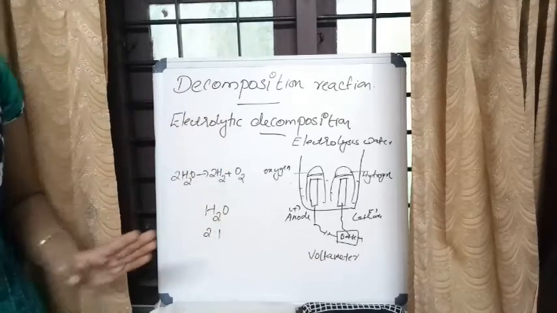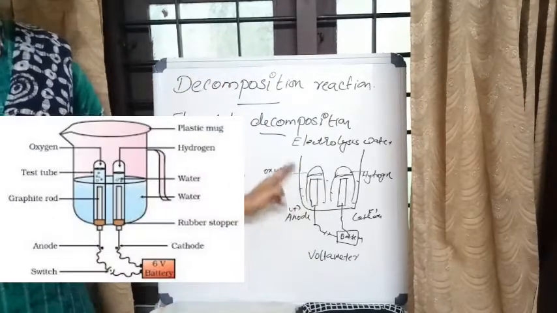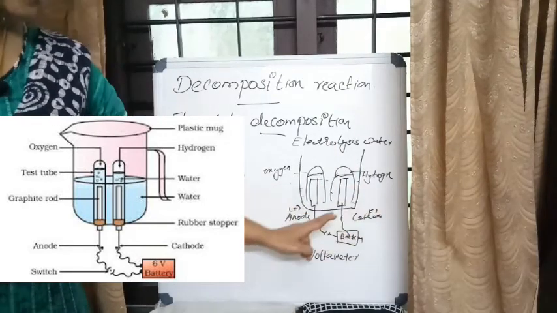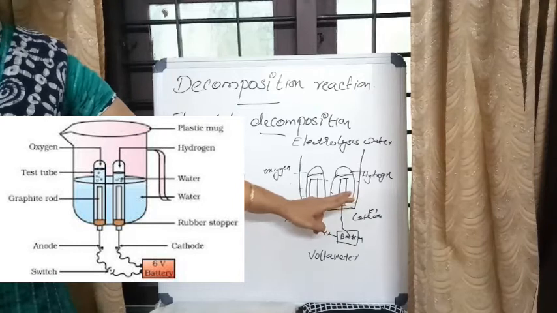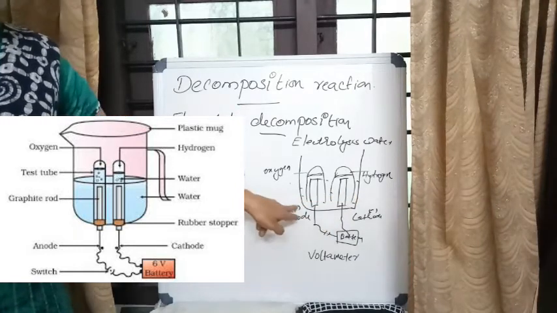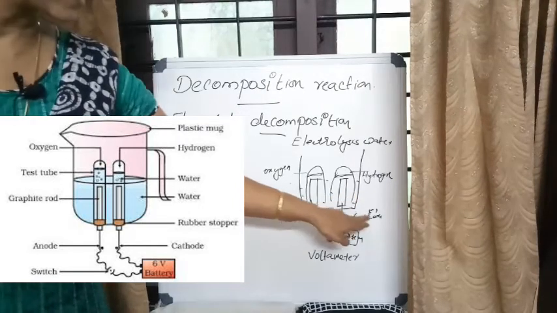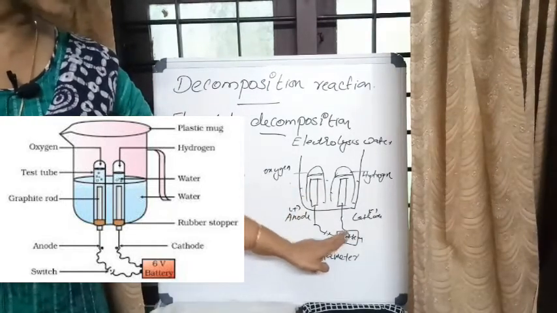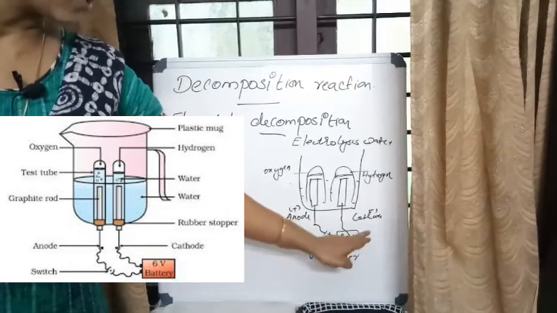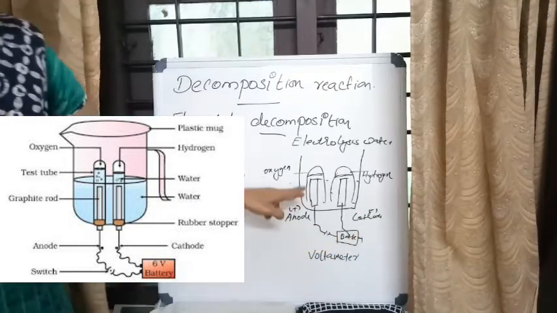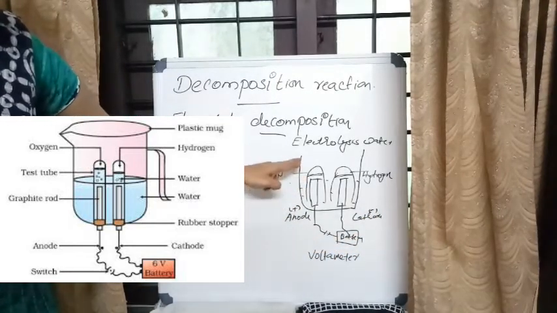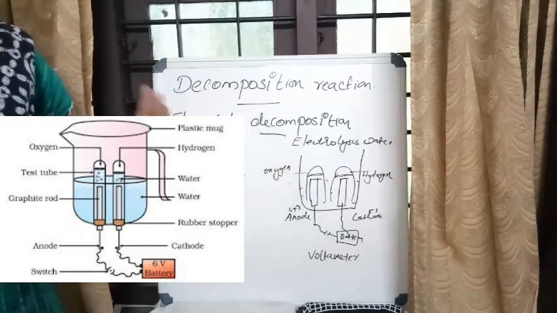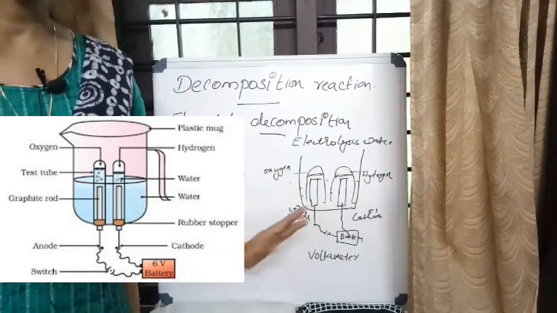Okay. So what are the materials needed to set up a voltameter? We need a beaker and we need two electrodes, cathode and anode. Anode is a positively charged electrode and cathode is a negatively charged electrode, and anode is connected to the positive terminal of the battery and cathode is connected to the negative terminal of the battery, and you can see inside two inverted funnels, and there is water inside this beaker. Okay, so these are the things we arranged in the voltameter.